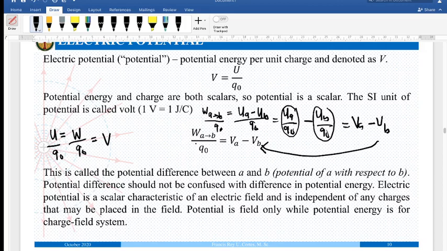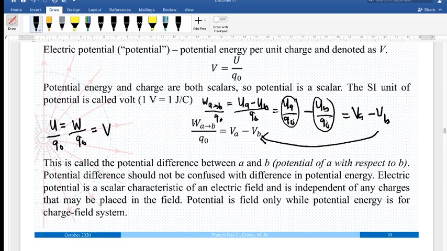Potential difference should not be confused with potential energy, because even though they are interconnected by the expression V equal to potential energy per unit charge, the potential is actually the intrinsic property